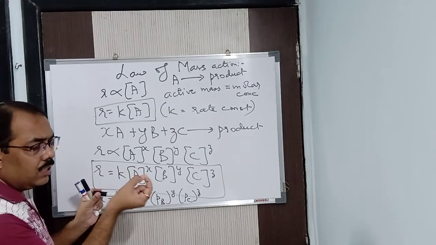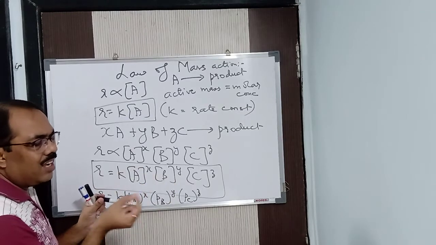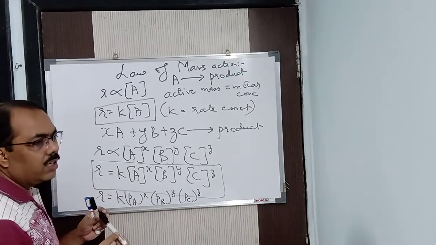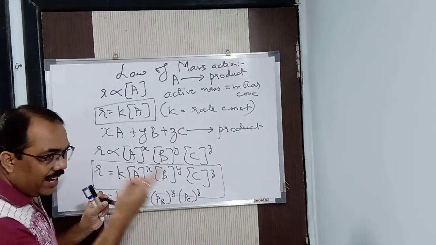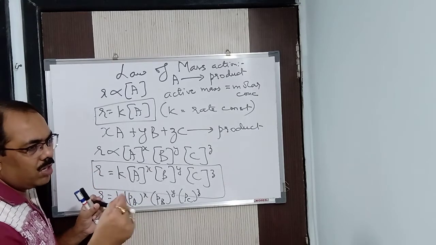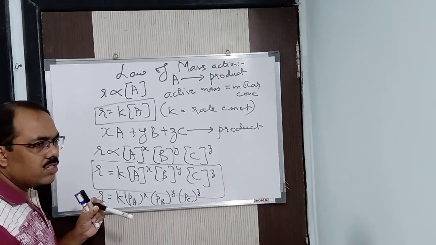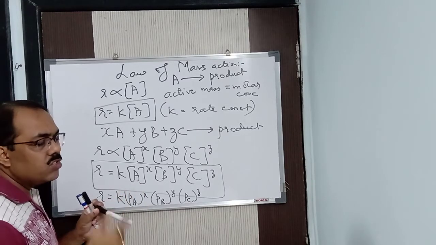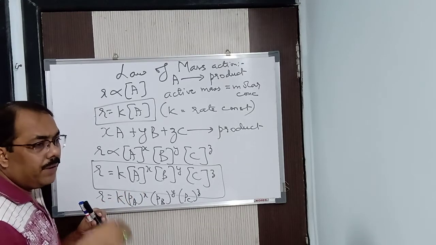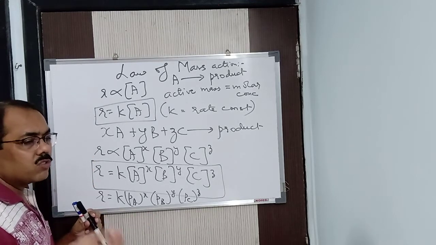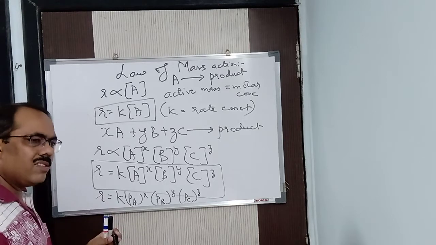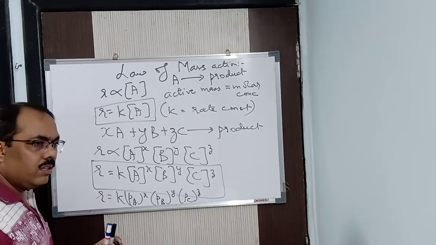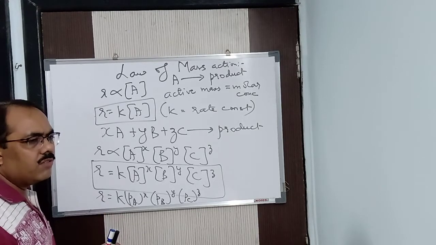So hardly the concentration changes. Let us say the initial concentration of that solid is 2 molar. Now after the reaction has been completed, we find it is 1.99 molar. What is the change in concentration? It is 0.01 molar. Compared to 2 molar, 0.01 molar is quite negligible, isn't it? For that purpose, we say that 1.99 is the same only. Almost it is the same, isn't it? Hardly there is a difference of 0.01.